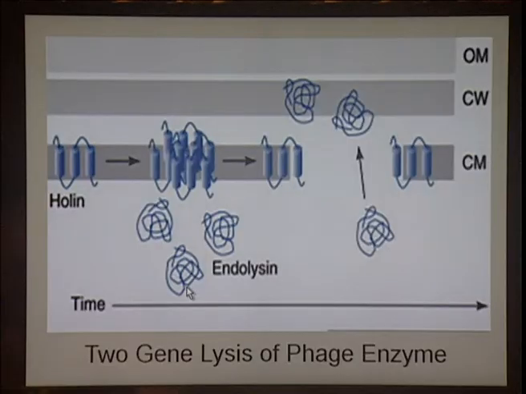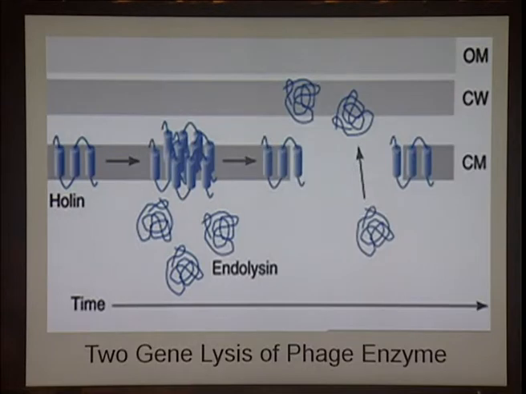The second one is a two-gene lysis system where there are two different components. One is the choline and the other one is the endolysin component. The choline will bind with the cell wall component of the bacterial cell wall, degrading it or causing distortion of the membrane, and finally the endolysin will get in and break the different parts of the bacterial cell